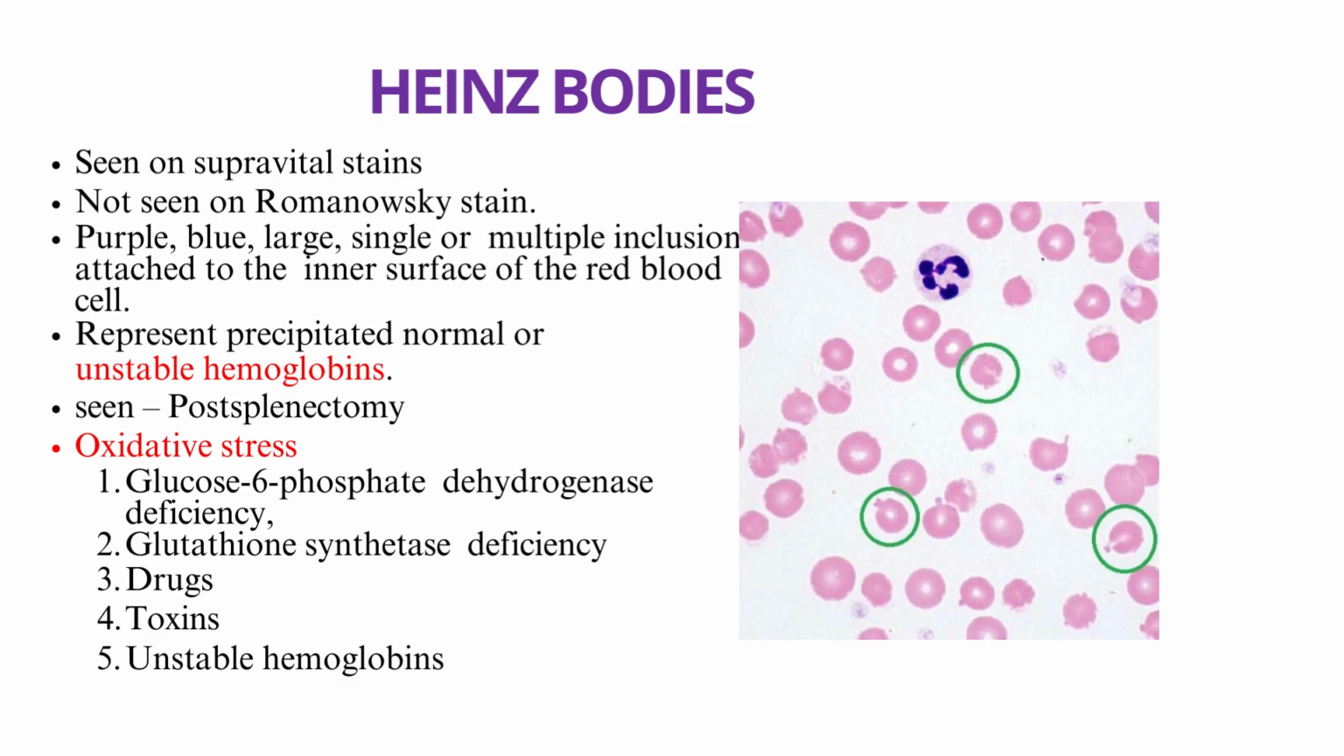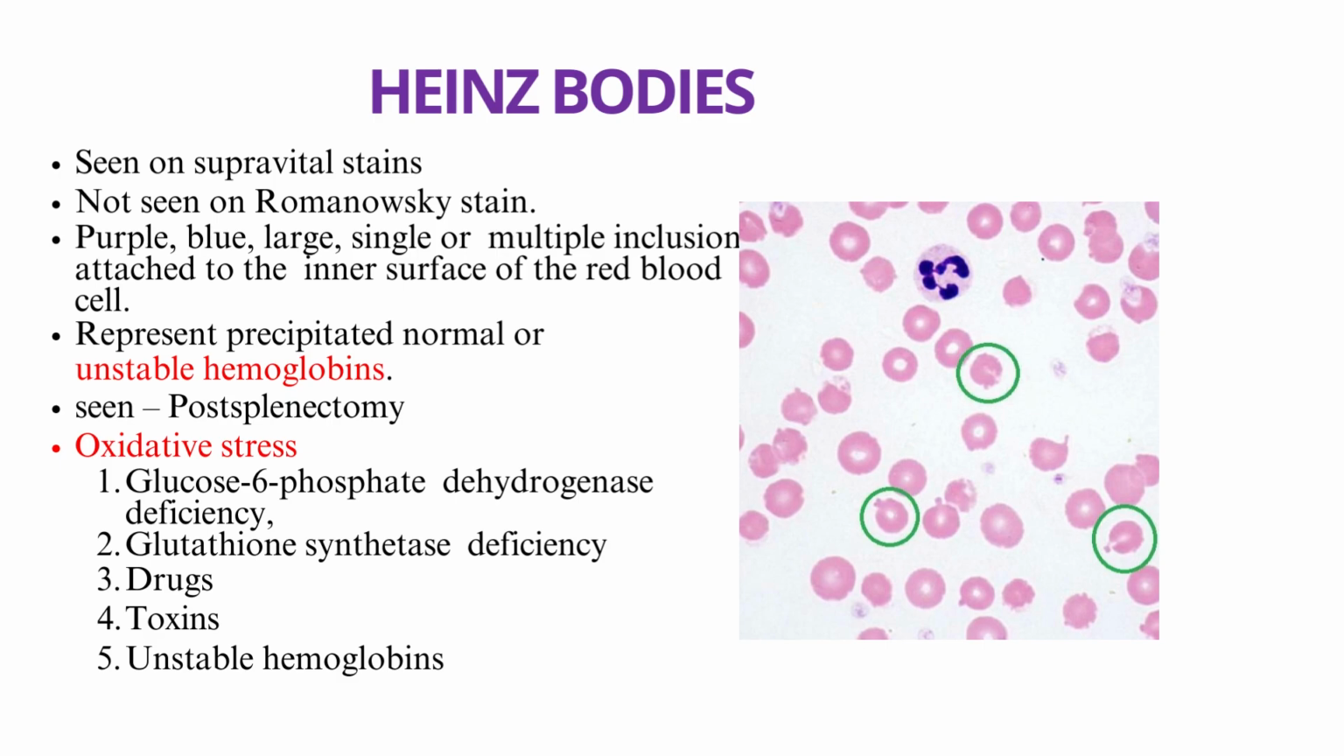Purple-blue large single या multiple inclusions attached to the inner surface of the RBC. They represent unstable hemoglobins या normal hemoglobin भी हो सकती है बट वो precipitate कर गई है post-splenectomy patients में या फिर oxidative stress के अंदर भी। G6PD की क्लासिक एग्जाम्पल है कि हाइंज बॉडी मिलना, और कभी कभी फिर